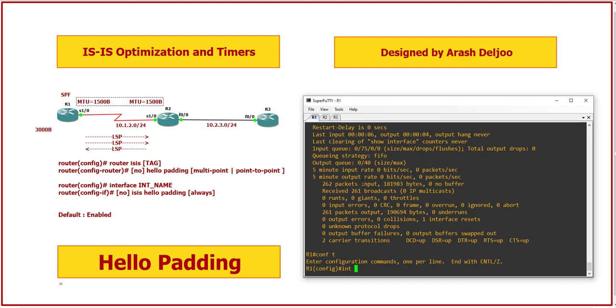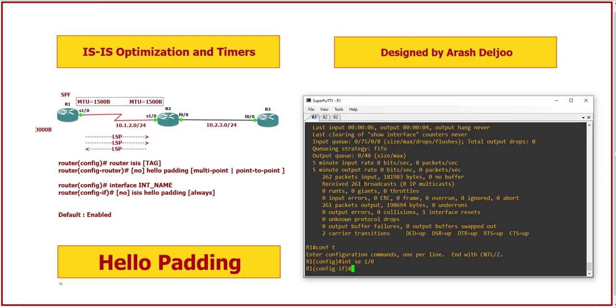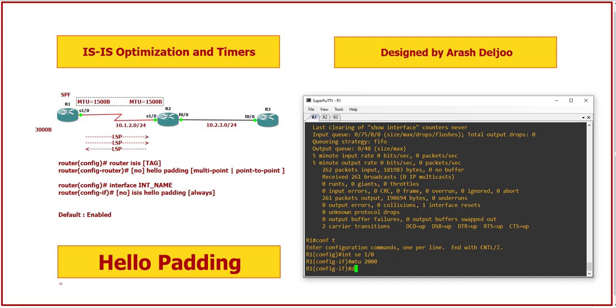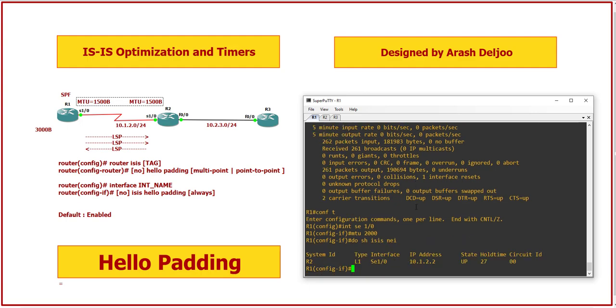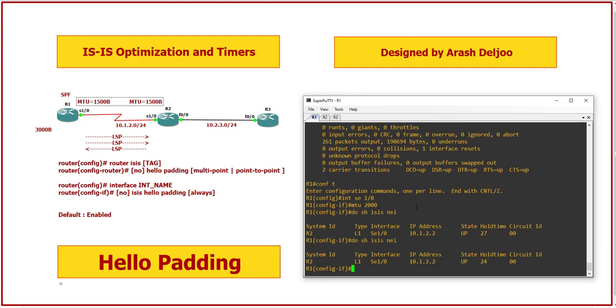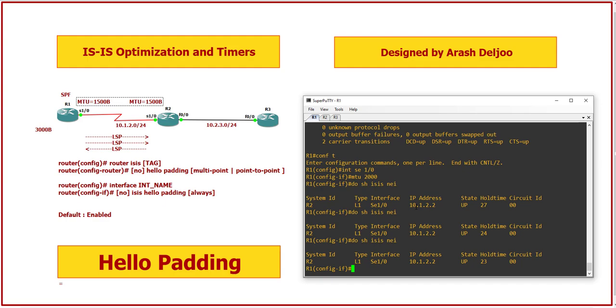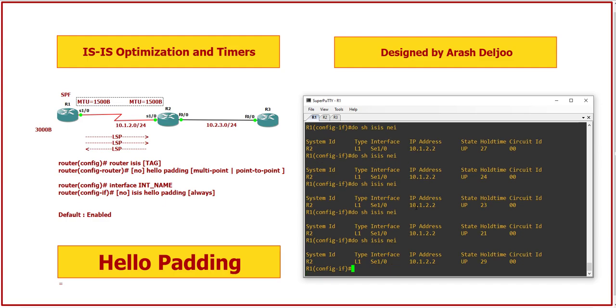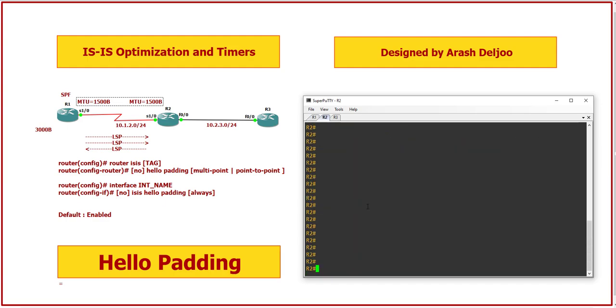For example, I'm using interface serial 10. This is the serial 10 of R1, and then I set the MTU to 2000 bytes. Look here, after the hold down timer, we lose the neighborship. Do show ISIS neighbors. Look here, the hold time now is 27, 24, 23, 21, then 29. It's okay, but on R2, let me check R2, show for example ISIS neighbors. On R2 you can see that the